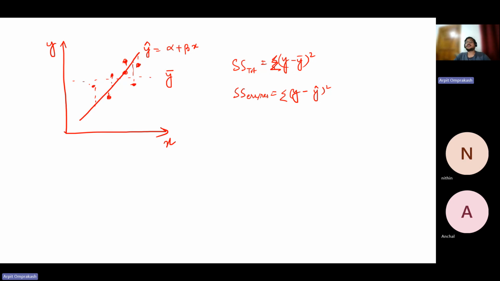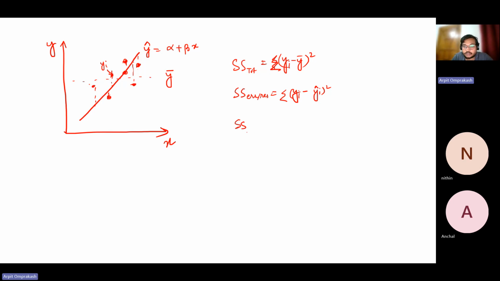Right. So this y hat is our predicted y, which we get from the equation. Y is the actual dots, so each of these dots will be yi. Right. So our y represents basically actual values. So this is yi. Right. Then we have